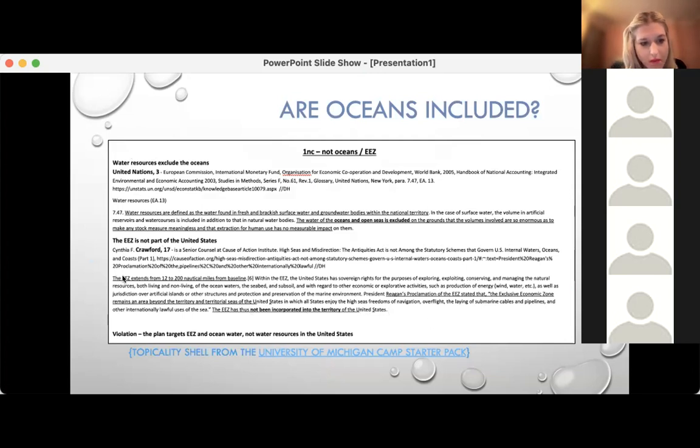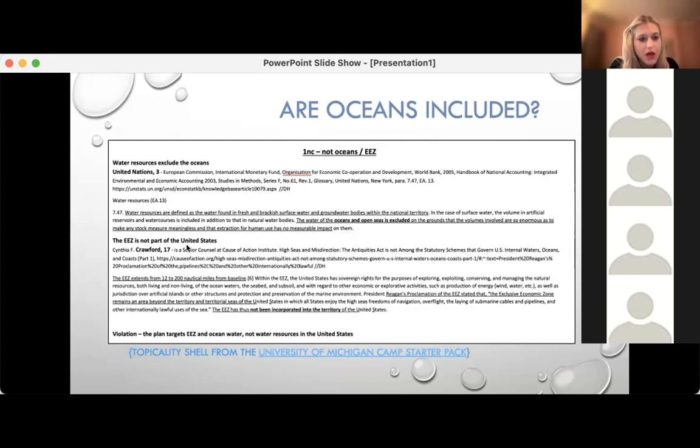So the EEZ extends from 12 to 200 nautical miles from baseline, going all the way to the US, has not been incorporated into the territory of the US. For those beginners, I'm just trying to help you navigate what I'm actually reading. This is the card. This would be the actual text, like the quote that came from this Crawford article. And this Cynthia Crawford person is a senior counsel at the Cause of Action Institute, and this was the article